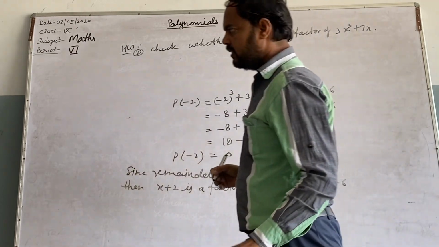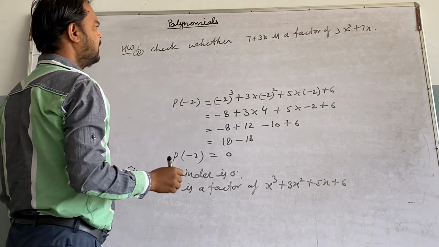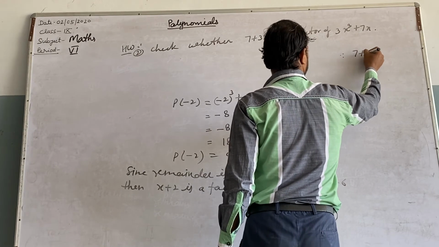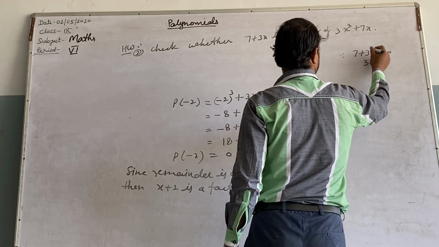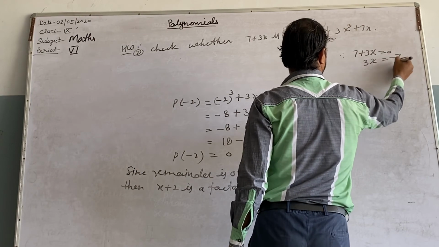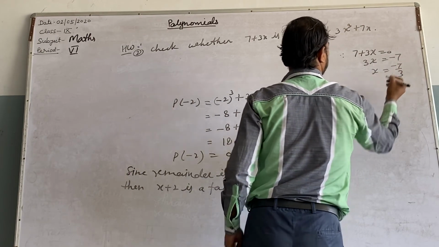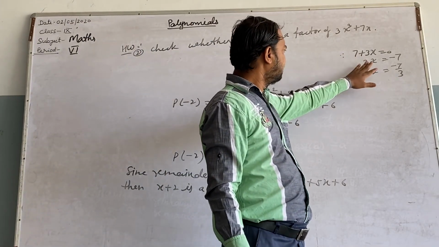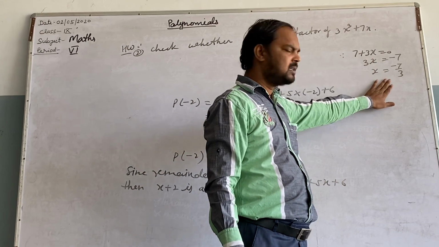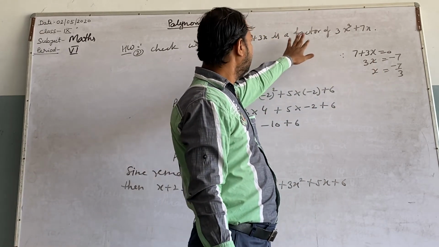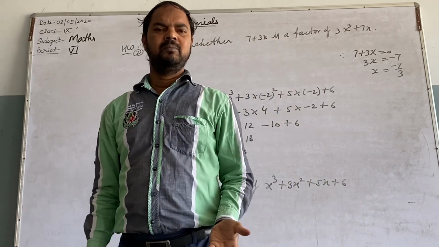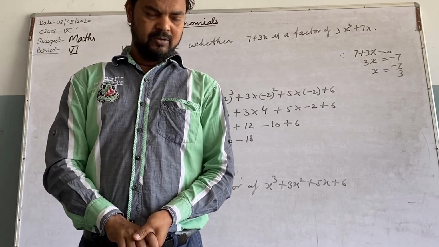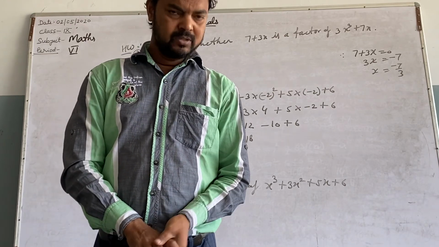Right? Here we would like to give you some hint. We are giving you some hint that x plus 3x, we take x plus 3x equal to 0 and you can simplify this like this, right? And then put the value of x in the given polynomial. If the polynomial becomes 0, remainder becomes 0, then it is a factor, otherwise it is not a factor of the given polynomial. So, thank you. Very good. Simplify and try this.